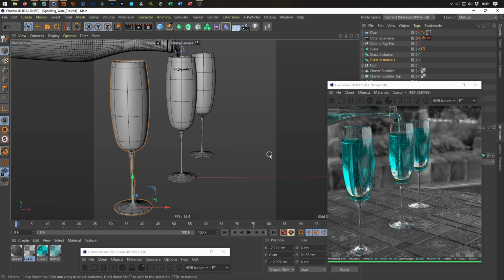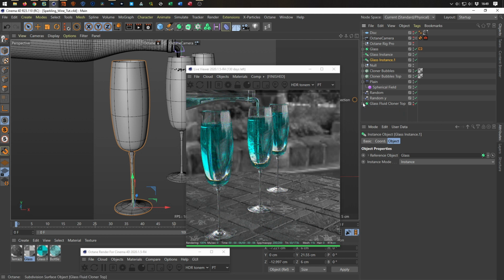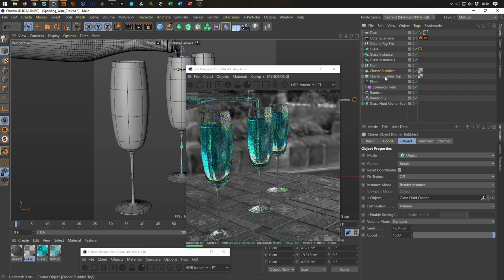And now we need the bubbles. What I did is, because you can't make this with the cloner, I took the bubbles cloner. The bubbles top cloner I don't need, because here it's burning in, and so the bubbles come, but these stand a little longer, so they have less bubbles. So I take this cloner bubble and bring it in the connect object. But be careful. When you make here a connect object, here it's not so important because there is almost nothing to connect, so not to melt. But I have in my connect object